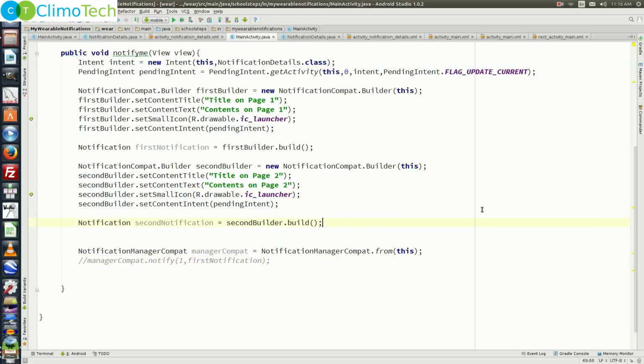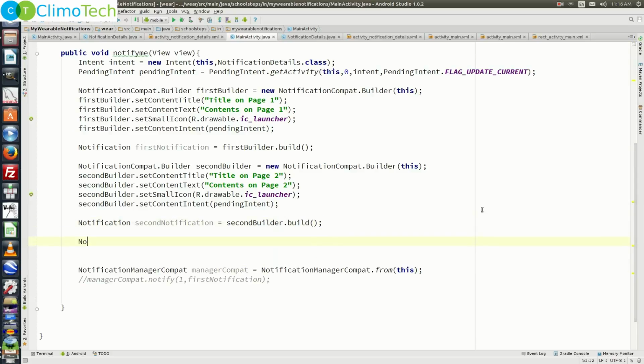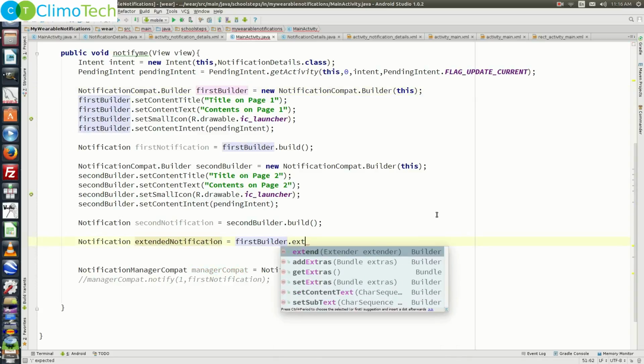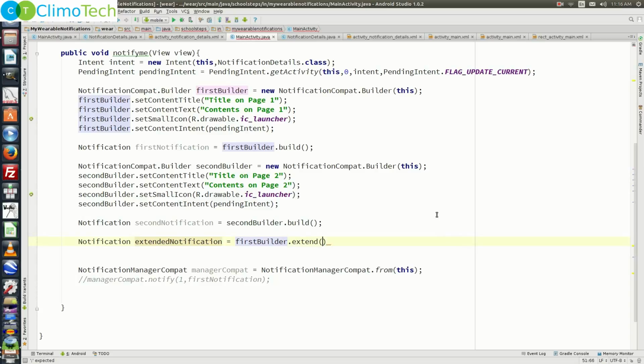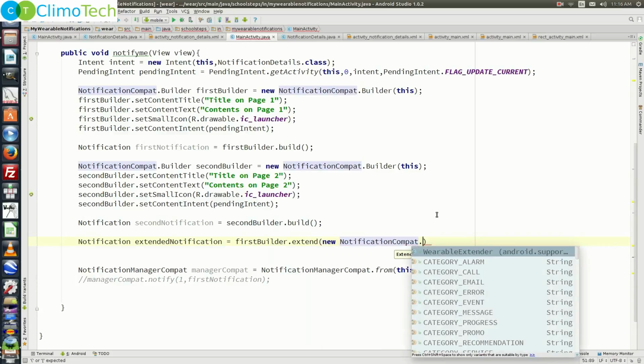Now after creating the second notification, let's say notification. So we are going to create another notification. Let's call it extended notification is equal to. So now we'll take help from the first builder. So we need to say first builder dot extend. So we are extending the first builder, and in the extend we need to say new NotificationCompat dot WearableExtender